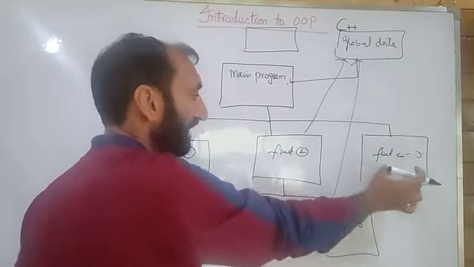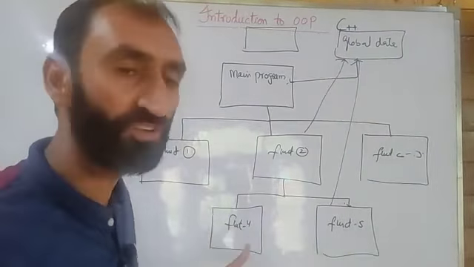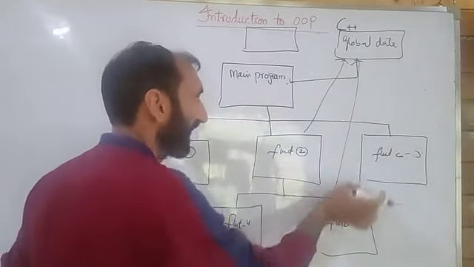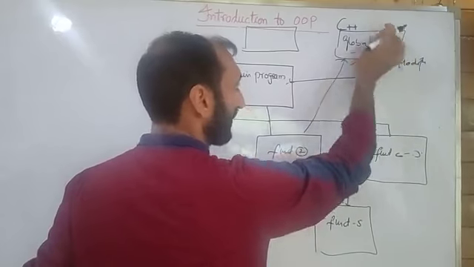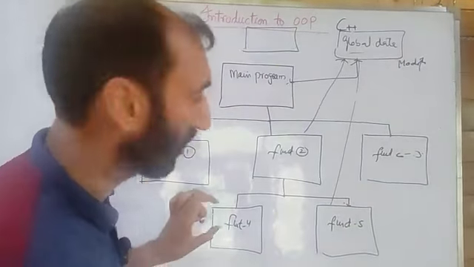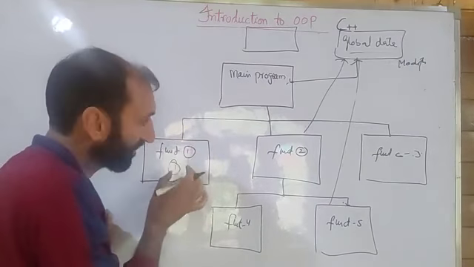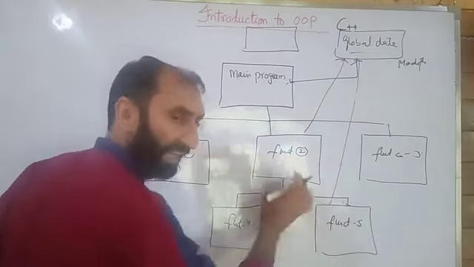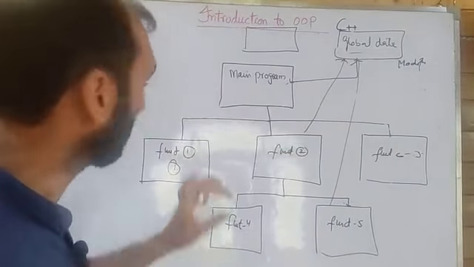That means the global data can be accessed by all these functions, and there is the apprehension, there is the chance that any of these functions can update, or you can say modify, their global data. So we can say the modification in any of the data of any of these functions can affect the data of other functions as well. In case of this